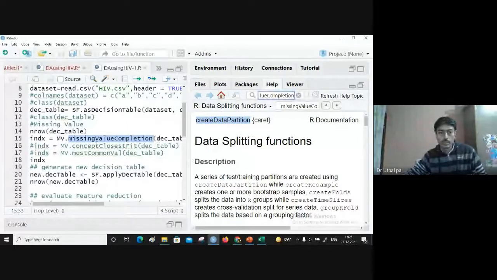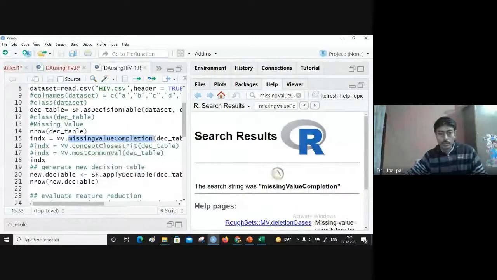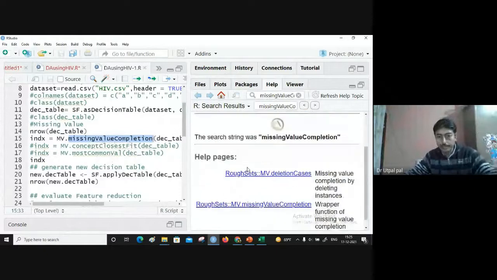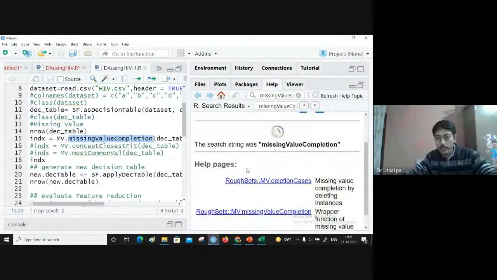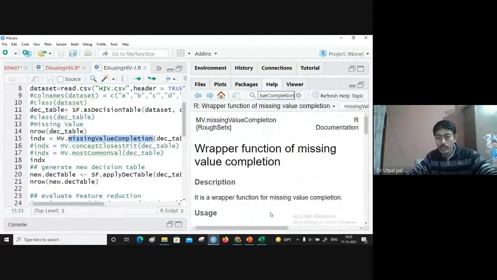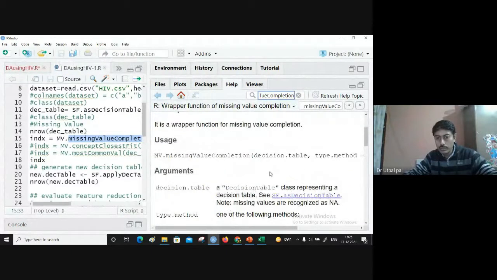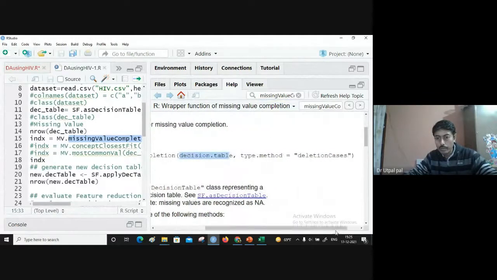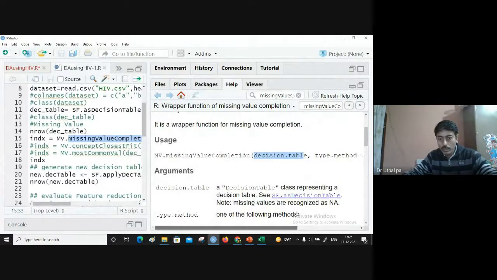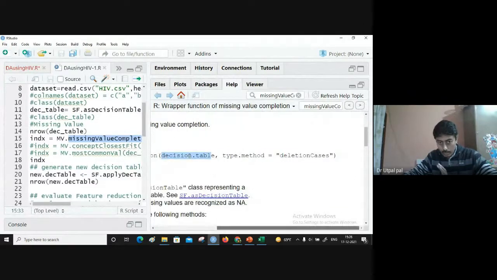We need to pass the decision table, and we need to pass the type method. See, this is the signature of the function. You have to give the data table and the method.